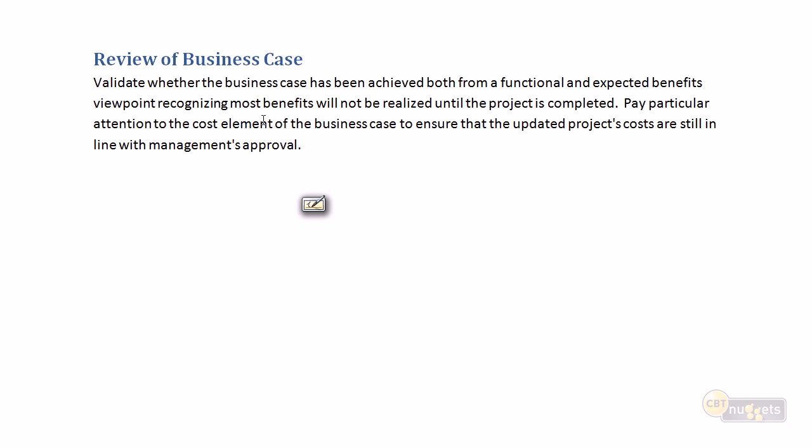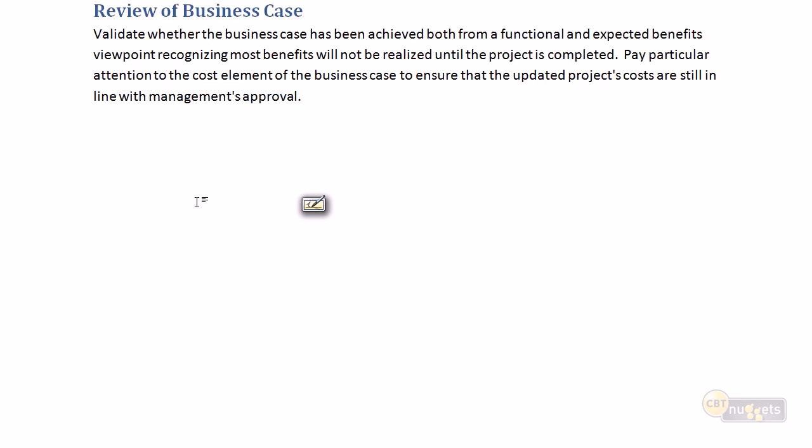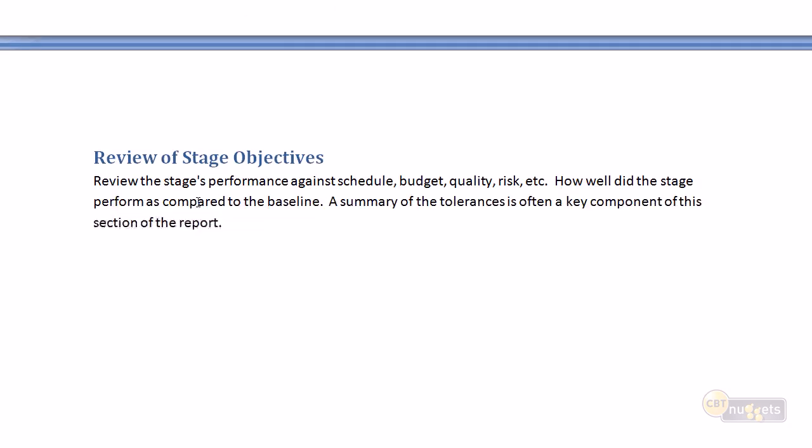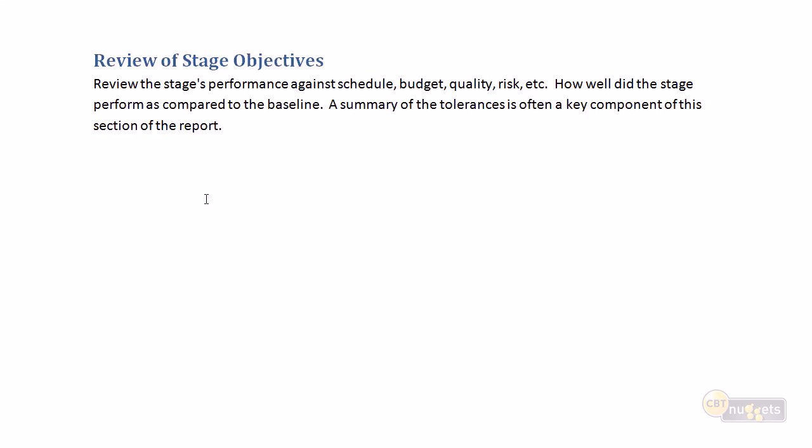So therefore, we need to ensure that the updated project costs are still in line with overall management approval. The review of the stage objectives, very much similar to what we would have done with the end of project, reviewing our performance and understanding how we're doing against our project tolerances. Did we come within 0.04% of exceeding our budget tolerance, our schedule tolerance during the stage? Could be a sign that we need to pay a little more attention, or were all of our tolerances well